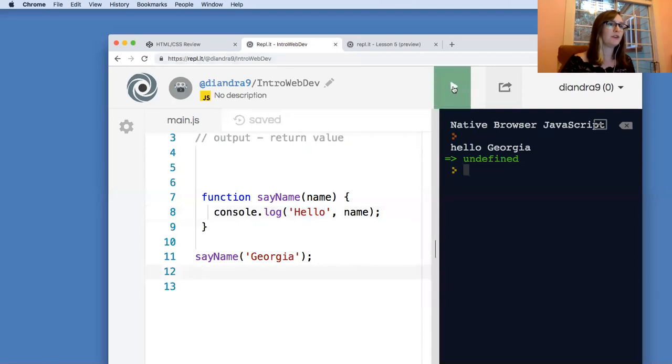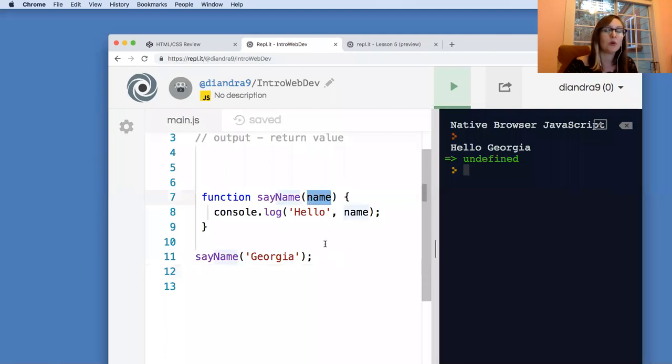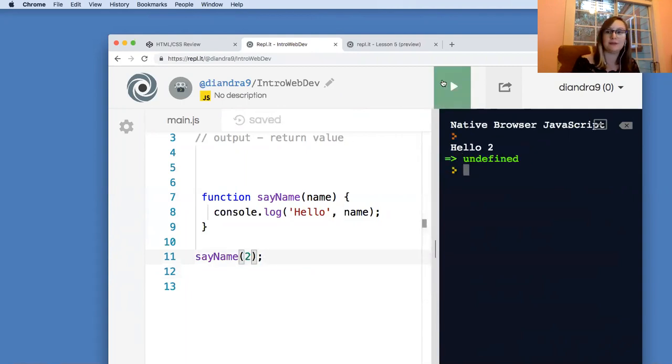Here is a new function that, similar in some ways to our last one, is a little different. Can anyone tell me what the parameters are for this function? What are the parameters, if any, for my sayName function? The name. Yep, so it's just expecting one string. And it is expecting a name, but we could put anything in. It'd be less interesting and wouldn't work as well, but